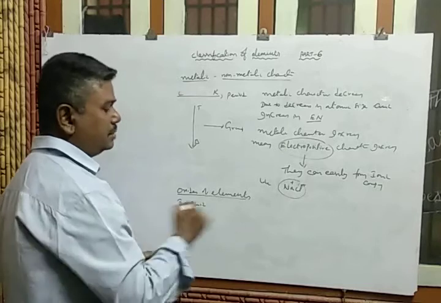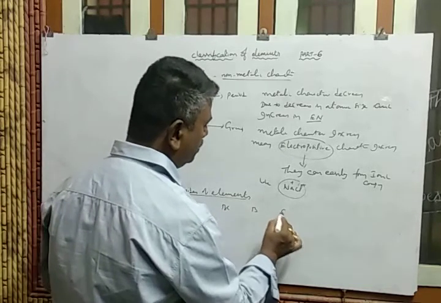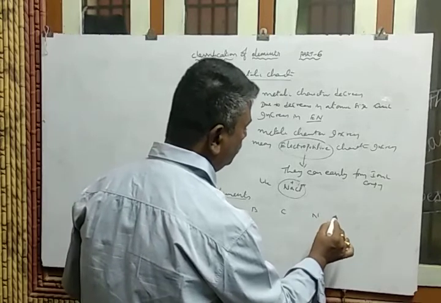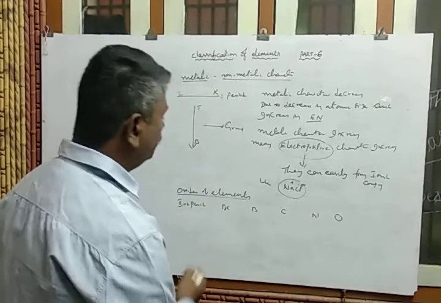Second period means beryllium, boron, carbon, nitrogen, oxygen. Okay, while you are moving from left to right,